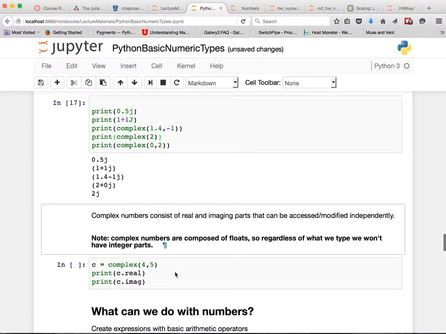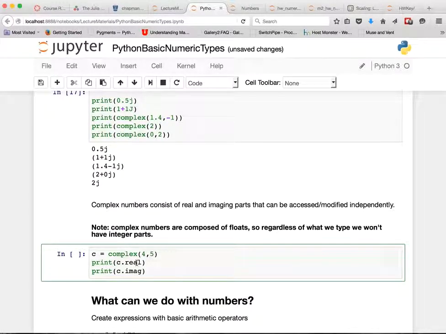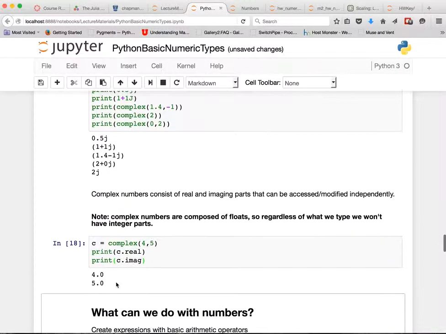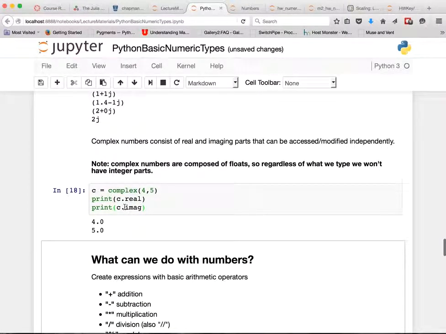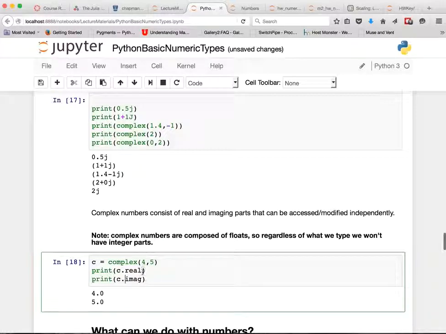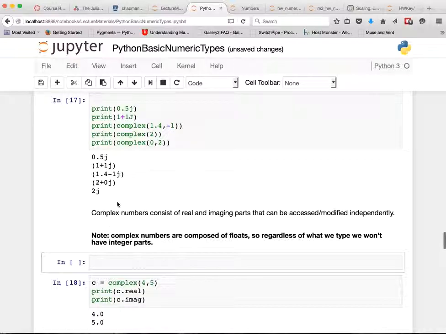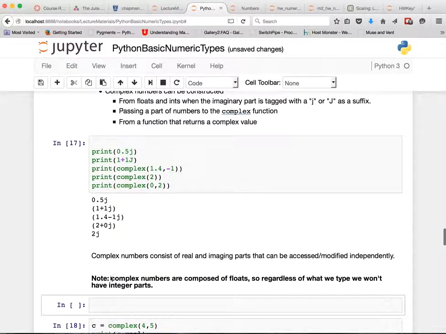All right, and so once we have a complex number, they have a real and imaginary component. These can be accessed independently through the attributes of the number. And just jumping ahead a little bit here on our topics for the class, if I create a number a equals 4, a floating point number,